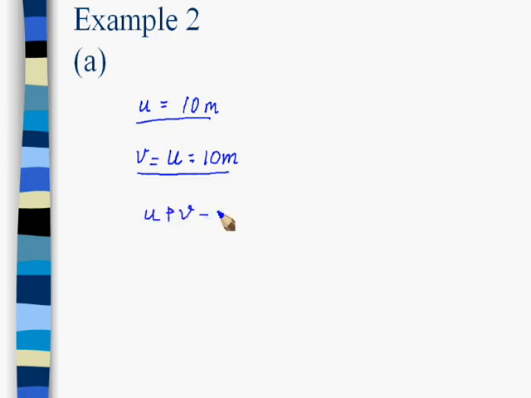Let's have the solution. If the girl's distance, that is u, is equal to 10 meters from the mirror, then due to the same distance between the object and the image from the mirror, v and u should have the same values, and the girl's distance from her image, that is u plus v, should be equal to 20 meters. I think this is clear to all of you.